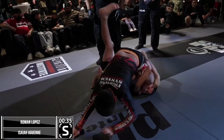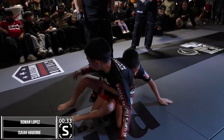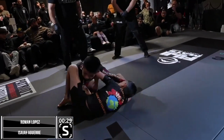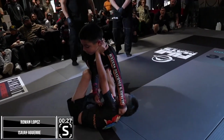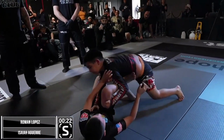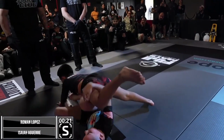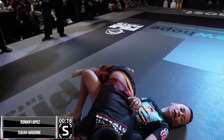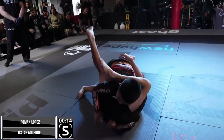Isaiah's looking to pass the guard. Can't quite get it. And man, if these kids could attack legs in an aggressive form, you get the sense of where they're going to be attacking in just a few years. 26 seconds left on the clock, and you could hear the audience kind of coming alive. I think they enjoy seeing this back and forth action. But even look at this, just utilizing those leg positions to get sweeps and